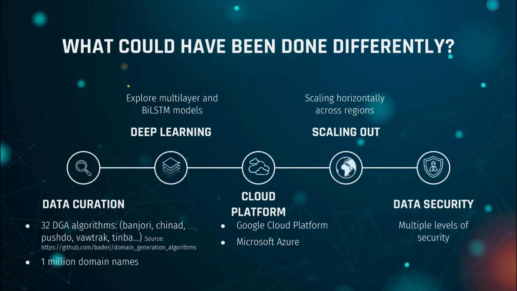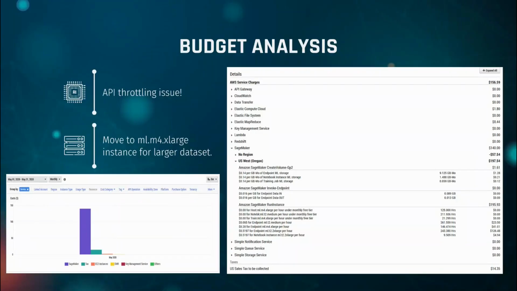Talking next about the budget, most of us were exploring AWS services for the very first time, and we got a kind of sticker shock when deploying our model on SageMaker and keeping the endpoints open for evaluation. Our team incurred AWS charges of around $210 for the entire project. Here you don't see the $50 credit that we applied. We had to change from ml.t2.medium to ml.m4.xlarge instance with the increased size of our training data set, because with the earlier instance the kernel just kept dying on us.